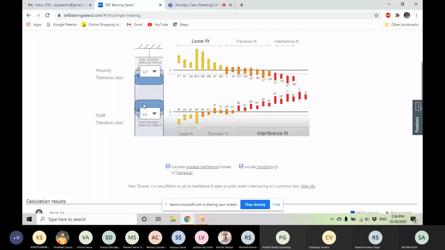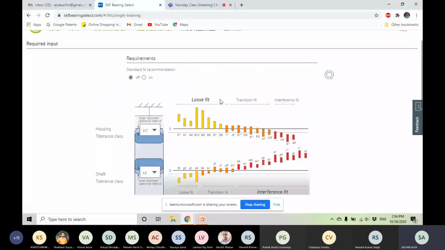So we have to decide which fit we should go for. Okay, so this tool also enables us to have a standard fit recommendation. So we'll just click on the on button, and it will define the standard fit.